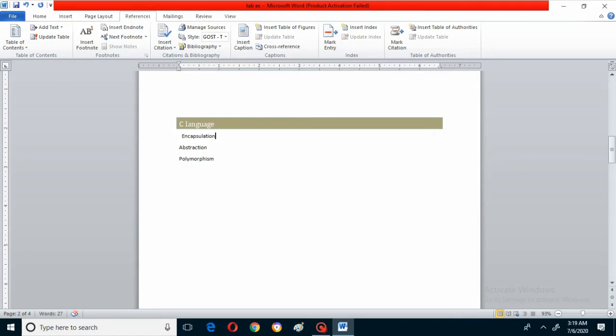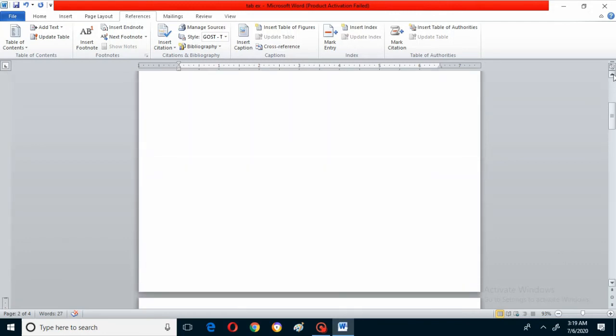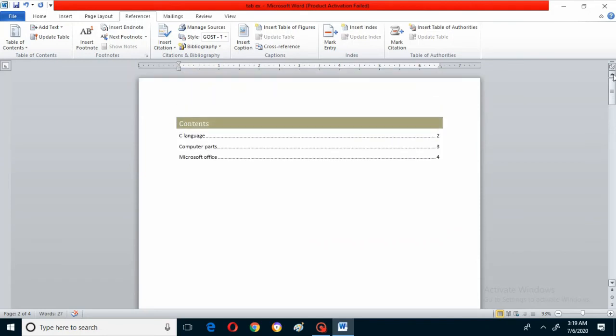Now again if you want to go to another page, just go back, come to the first page, the contents page, again. Now I am keeping my mouse pointer here like this. It is just showing a cursor, but I want it to show like a hand. Only then will you enter into that particular page. So first hold the Control key on the keyboard, then keep the mouse pointer on it.